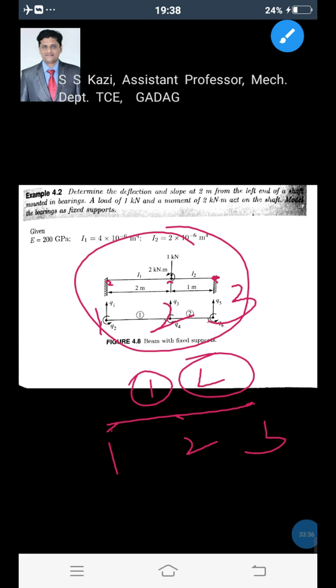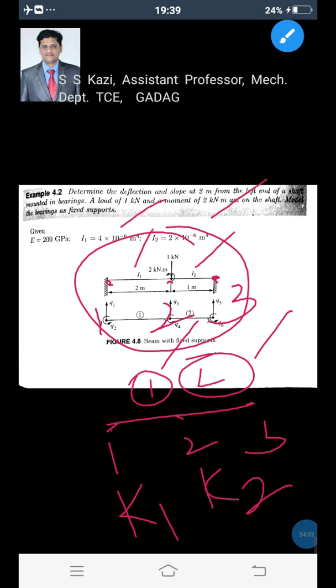Okay. And here, first you need to generate the stiffness matrices for both the elements by using that formula, by adopting the procedure which we have just now discussed in the previous pages. By using that procedure, you calculate the stiffness matrix for element 1, K1, and K2 by substituting the values of moment of inertia and Young's modulus, whichever is given. Here it is I1 for element 1, I2 for element 2, those values are given, and Young's modulus is given, and the length of element 1 is 2 meters, for element 2 is 1 meter. You substitute and get the values of K1 and K2, order 4 cross 4.